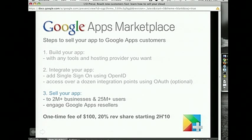A one-time fee of $100 that allows you to list 1 or more applications in the marketplace. And then if you sell your app, if it's not a free app, we ask for a 20% share of revenue on new customers that you acquire through the marketplace. So you can bring your old customers and they can all get these integrations. But for new customers who come in and discover and purchase through the marketplace, we ask for a 20% rev